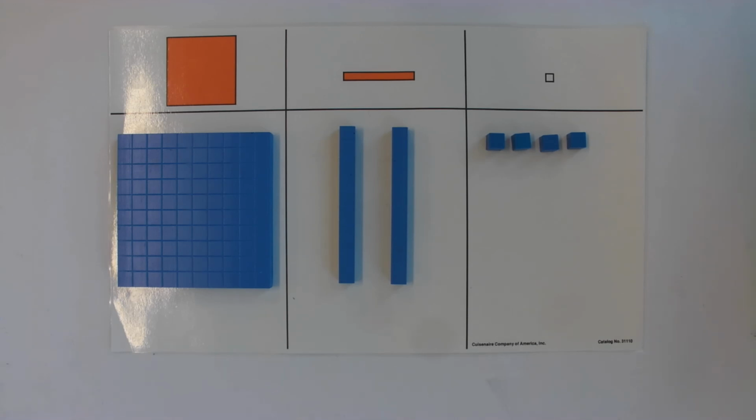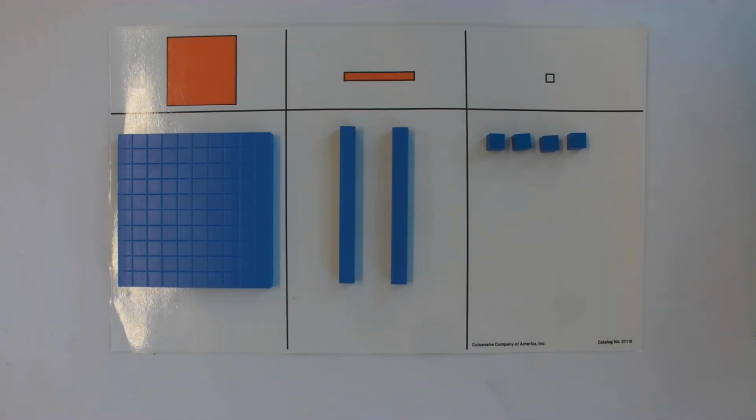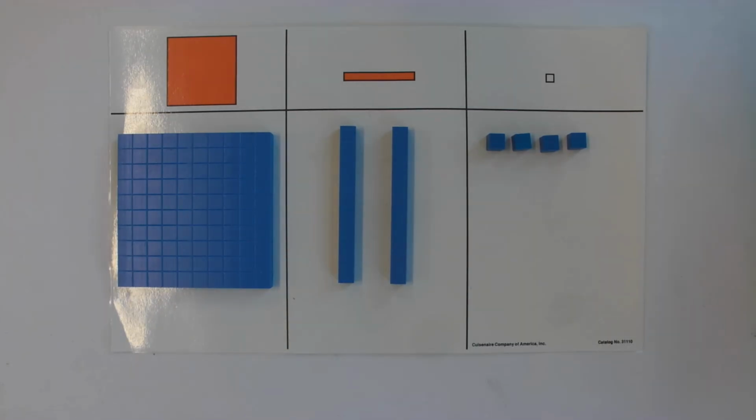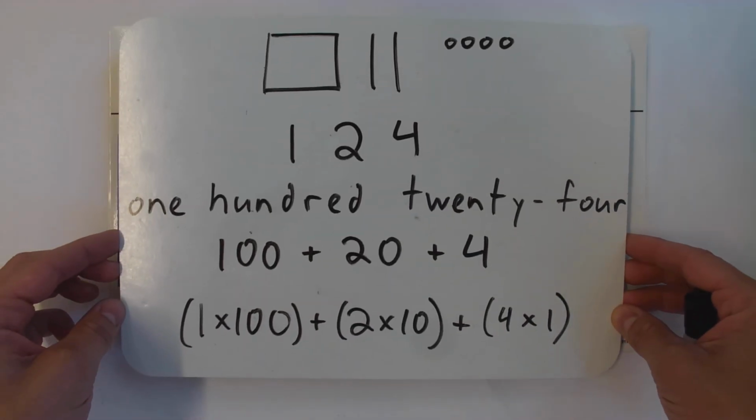In this video, we're going to look at CRA models for several different types of number forms. So the number we're going to be looking at is 124. We're going to start with our concrete model. So again, we're using our place value mat and then our base 10 blocks. So you can see we have 100, we have 2 10s, and we have 4 1s. That's our concrete model. And then I have the representational model and then several of our abstract models on the